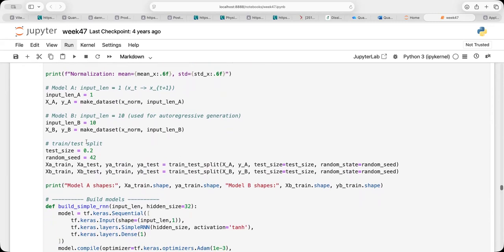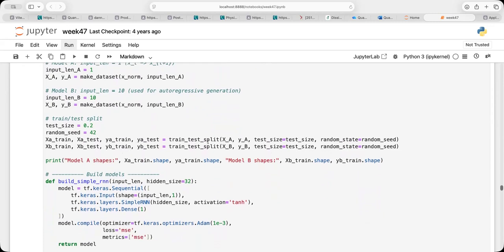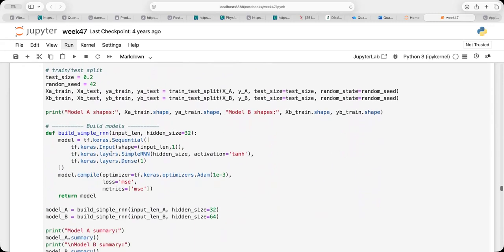And then I'm doing the same standard test size equal to 20%. I set up my data, train, test, split. Pretty familiar with that now. So sometimes I use the standard scikit-learn, other times I just leave it out. And now I build a simple model. So I have my input shape, and then I have my simple RNN. I define the hidden size here, and the hidden size is then set to 32 and 64. So it means I have 32 recurrent nodes and 64 recurrent nodes.